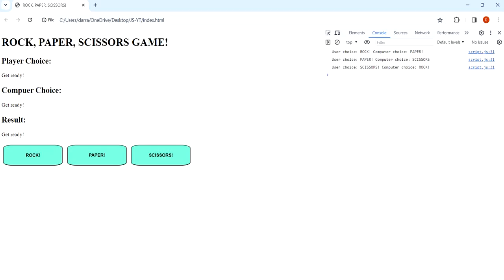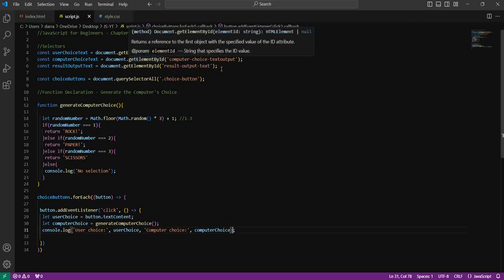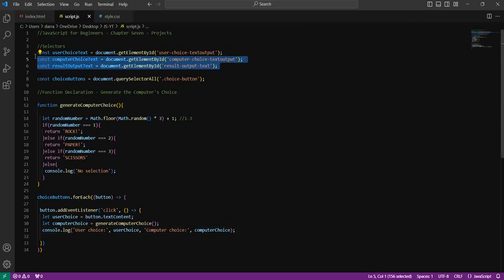And then what we'll do in the next tutorial is we'll override the value of the player choice depending on whatever I select, the computer choice, whatever the computer selects. Then we'll do a comparison to see who won, and then just override the value here just to say who won. So really quick recap, what we did in that tutorial was we got various elements from the document object